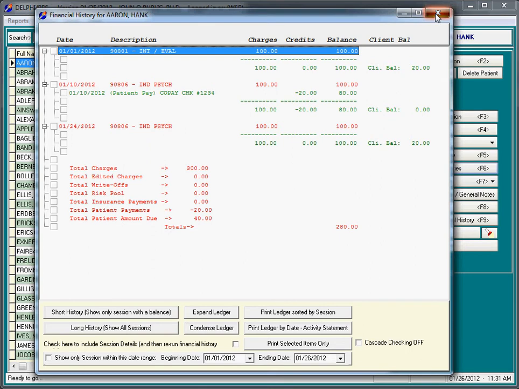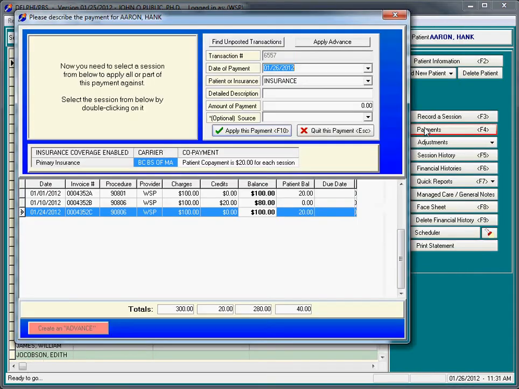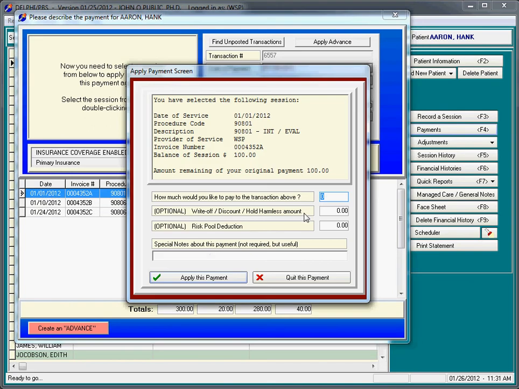So I will just go ahead and make the payment the way I intended to, which was a payment on the 26th from insurance. It was BCBS, we'll say check number 1234. Again, it was for $100. Apply this payment. I will double click on this session on January 1st, pay $60 against this with a $15 write-off,